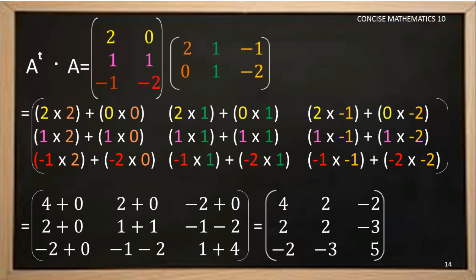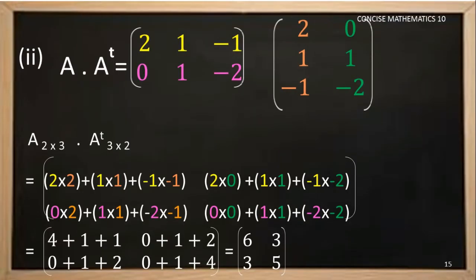Let us move on to the sub question 2. In the sub question 2, it is said that we need to multiply matrix A with the transpose of matrix A. In this case also, let us cross check whether we can do it and what will be the order of the resulting matrix. Matrix A is of the order 2 by 3 and the transpose of matrix A is of the order 3 by 2. The number of columns of the first matrix is equal to the number of rows of the second matrix, that is 3 and 3. Then what is the order of the resulting matrix, children? I hope you will be able to identify. The resulting matrix will be of the order 2 by 2.